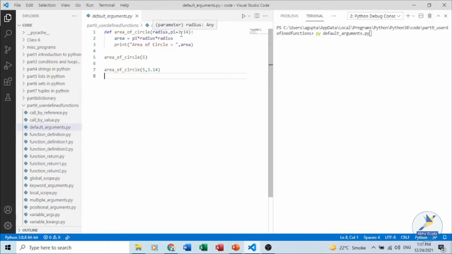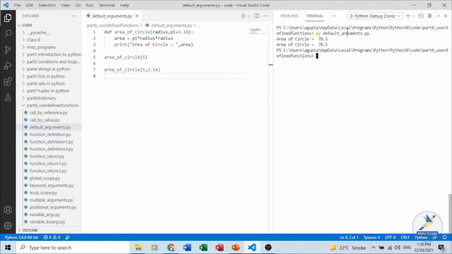The first parameter is radius and the second parameter is pi, and by default we have specified the value of pi, and inside the function we are calculating the area of the circle and printing it. If while calling the function I do not pass the second parameter, then the default value of pi will be taken from the function header.